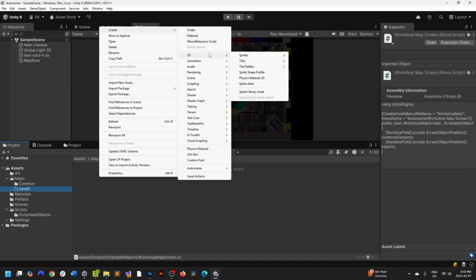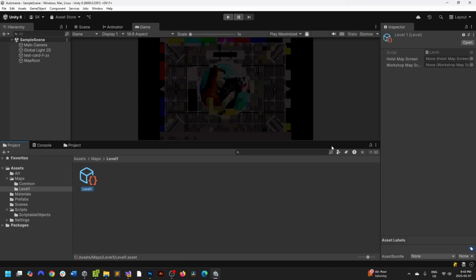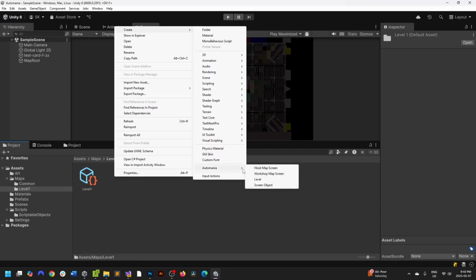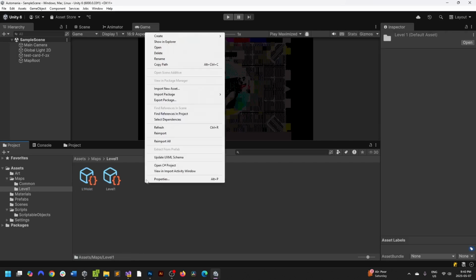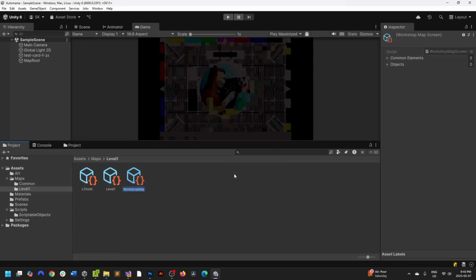And then we're going to create our Automania level, and we'll call this level 1. And level 1 will have a hoist map screen, and then level 2 will also have a map screen. So we'll do create Automania hoist map screen, and we'll call this level 1 hoist, and we will create a L1 workshop, and level 1 will contain the workshop, and it will contain the hoist screen,